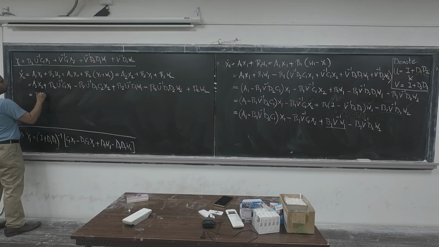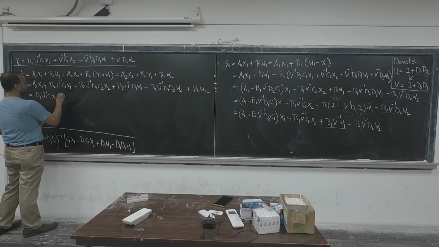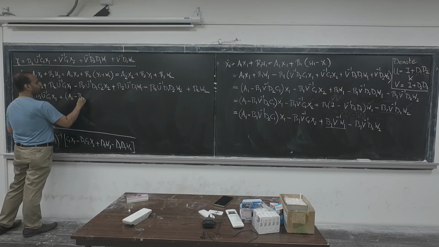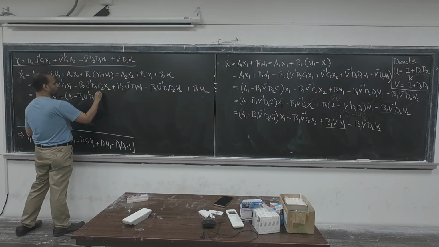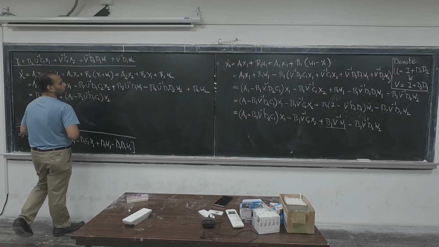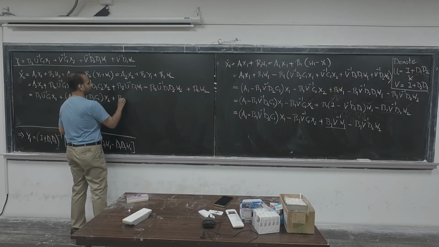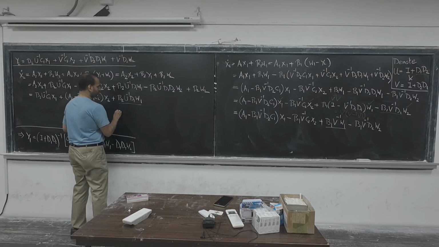So B2 U inverse C1 X1, that is the first term, and then in bracket you have A2 minus B2 U inverse D1 C2 X2, plus the third term is going to be B2 U inverse D1 W1, which is same as B2